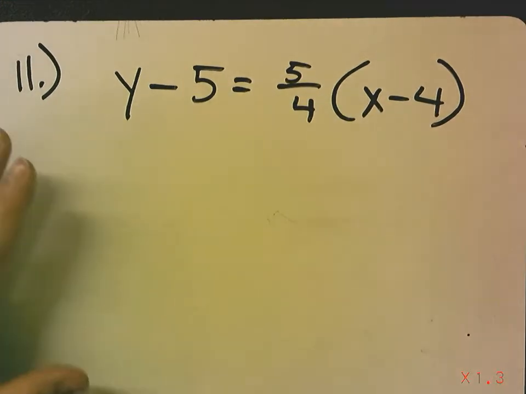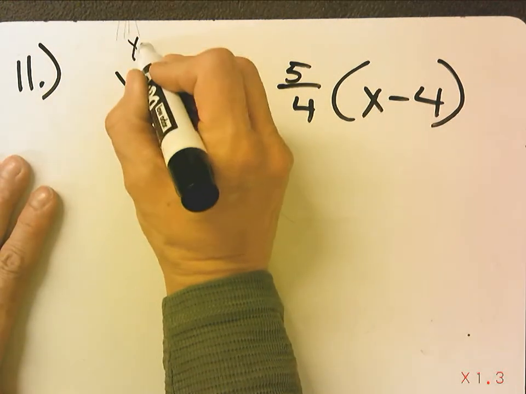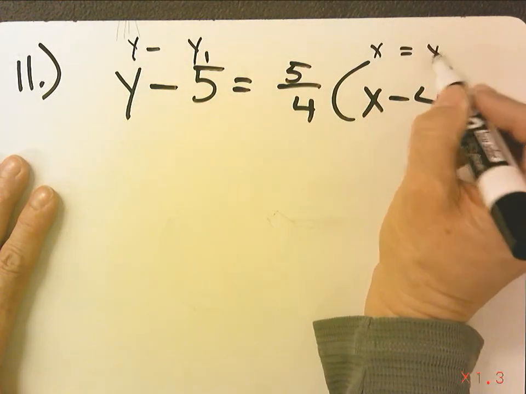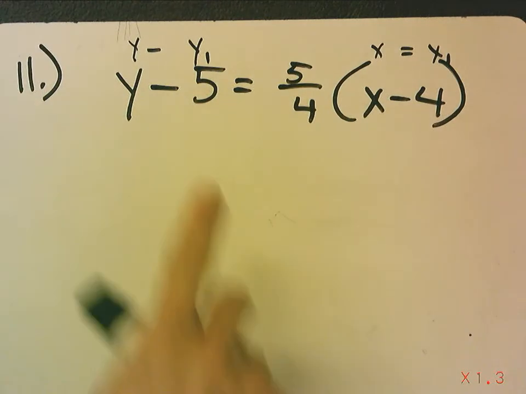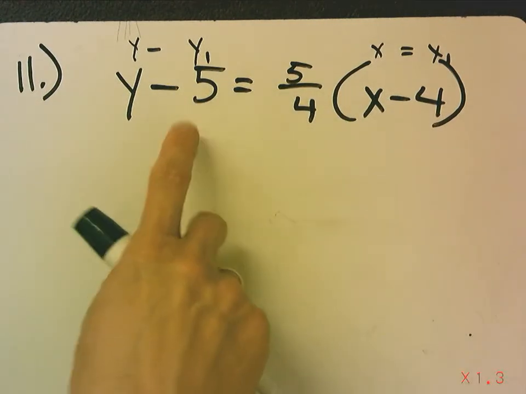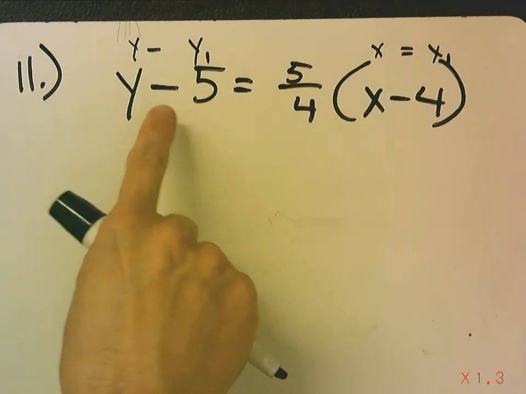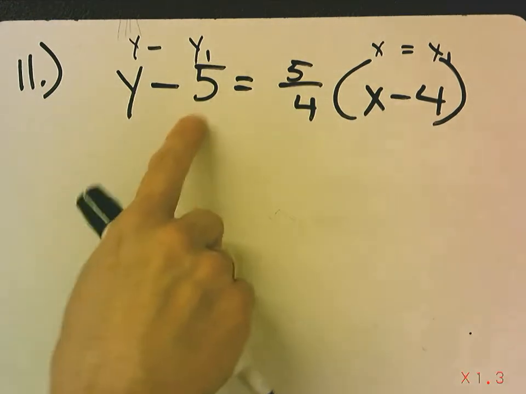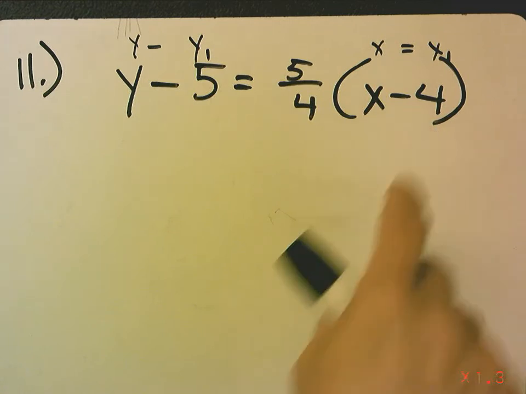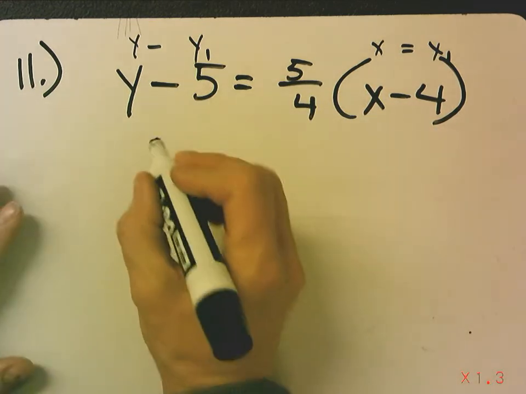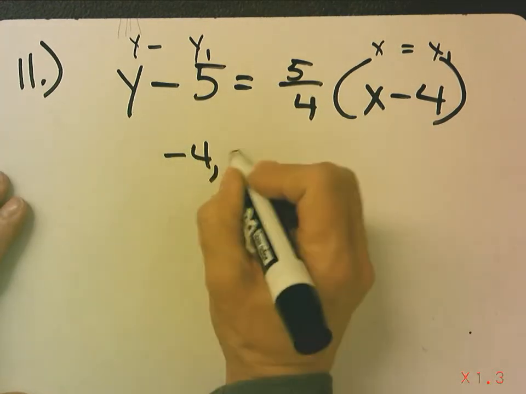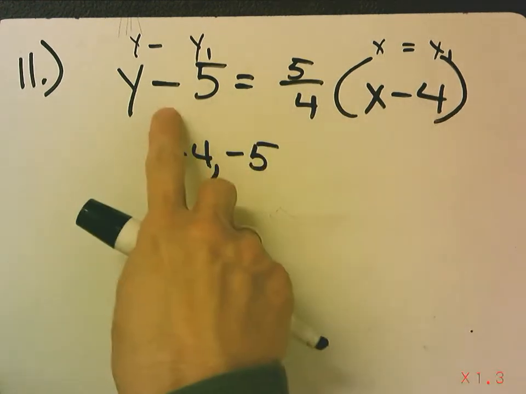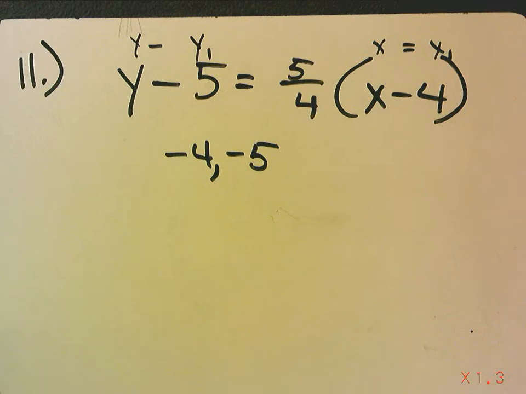This is a little tricky because you have to remember this is y sub 1 and this is x sub 1. I think when people first look at this, they might be tempted to say the point is -5, -4. But that would be wrong because this is a y and this is an x. Then people would be tempted to say, oh, I know, it's -4, -5. Well, they're getting closer, but remember, the formula says